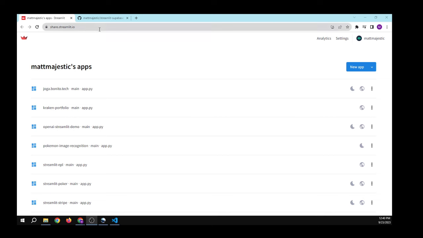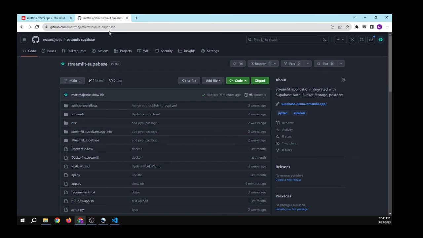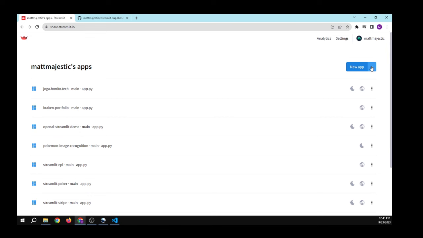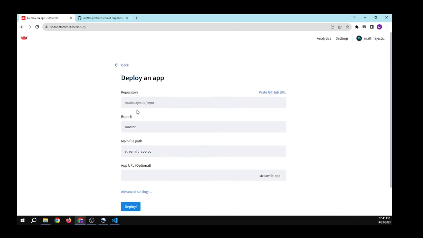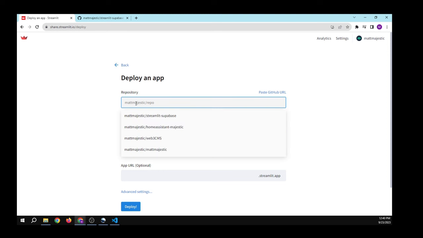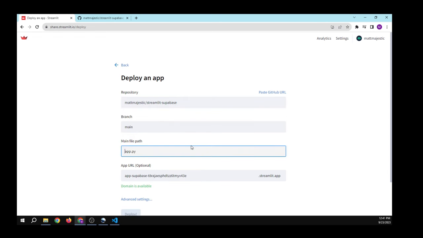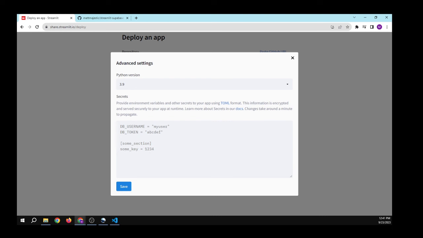Okay, now we'll want to deploy. So first, let's grab the URL to our application, go up to the new app on share.streamlit.io, use existing repo, then paste in your repository here. You'll probably need to change it to app.py, and then the advanced settings is the part that you'll want to have